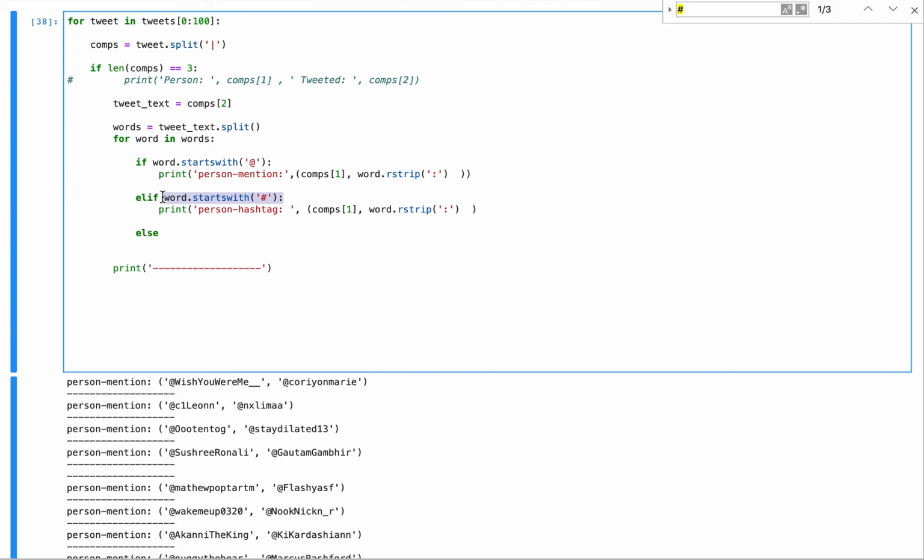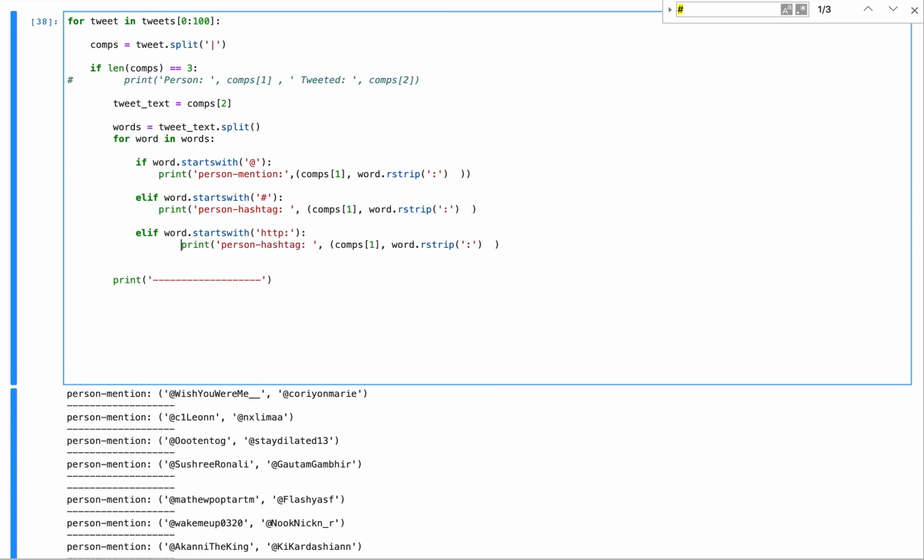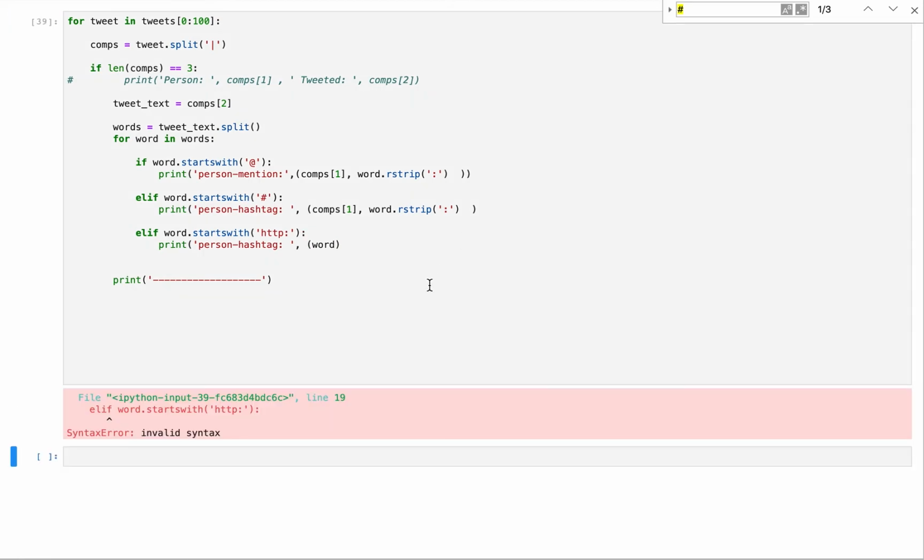So else if the word starts with HTTP like that, then we actually want to see the tiny URL that was embedded inside the keyword. And here I'm not gonna bother stripping anything, because usually the URLs should come clean. So let's do that, and then else if the word,